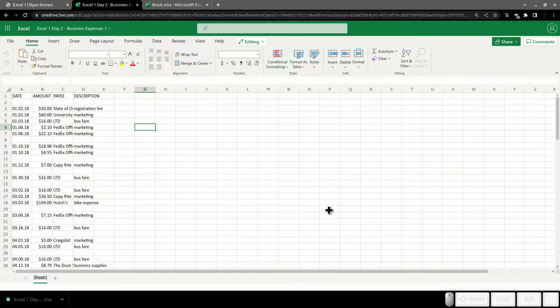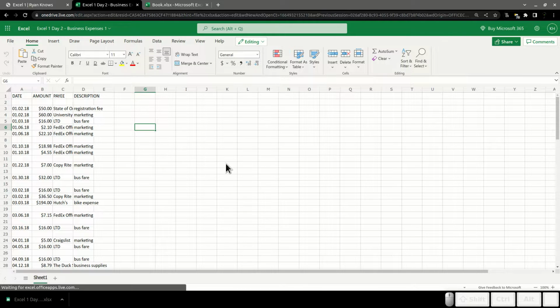And boom, we have a very basic Excel file with some real information in it. These are my actual business expenses from 2018. So this is my year of business expenses. I have stripped out all of my formatting, a whole bunch of stuff that I had my expenses file do, and I pulled just the data out. We're going to rebuild together some of the functionality I have in my business expense spreadsheet.